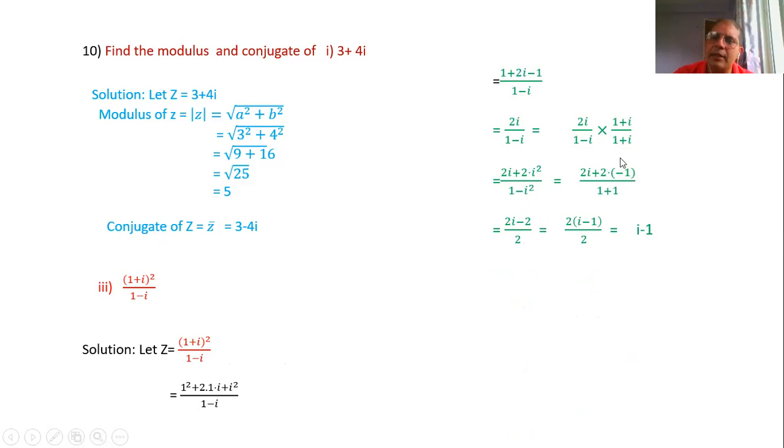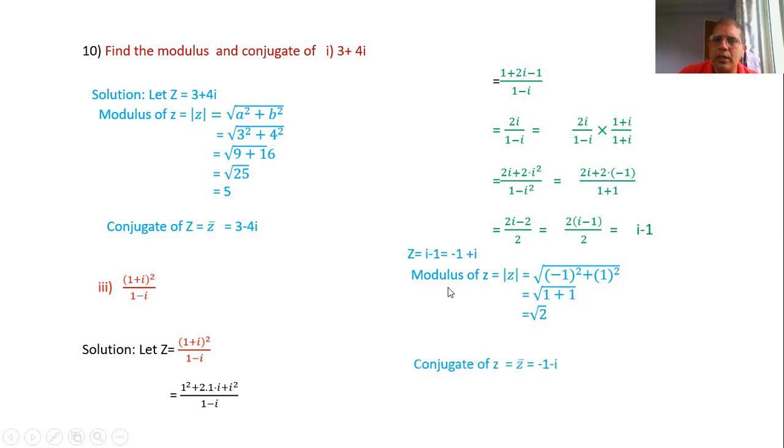Now rationalize, that means you should multiply by the positive term 1 plus i. Then it is 2i into (1 plus i), that is 2i plus 2i square, divided by (1 minus i) into (1 plus i). 2i square is minus 2, and in the denominator it is 1 plus i square, where i square is minus 1, so it is plus 1. So it is 2i minus 2 over 2, and taking common 2, it is i minus 1. Then z is equal to minus 1 plus i. Now find the modulus of this one, it is root under (minus 1) square plus 1 square, it is root under 1 plus 1, which is root under 2. That is the modulus.